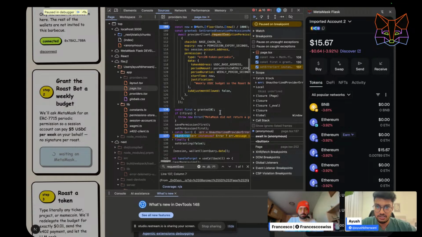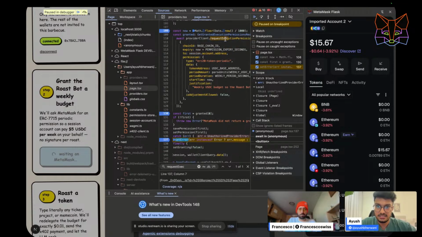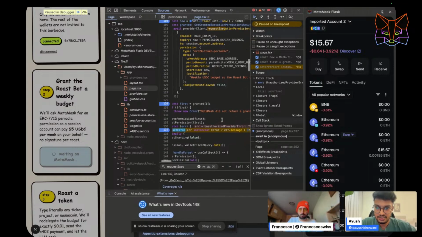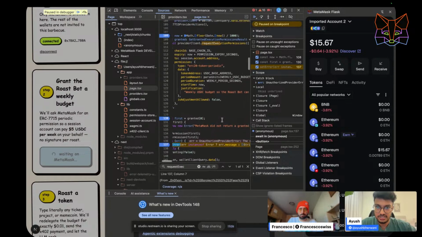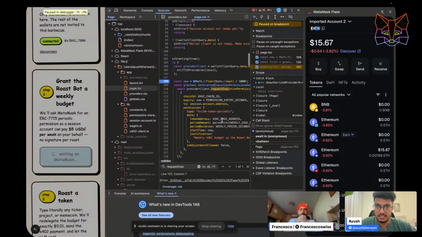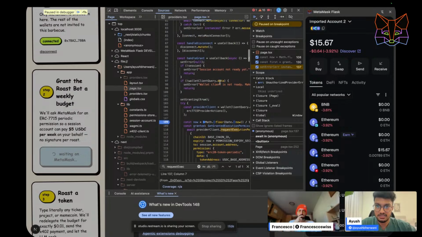Why is it giving an unauthorized provider error? It's not requesting, and we have the wallet connected as well.